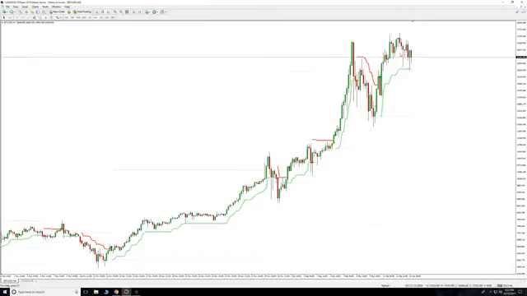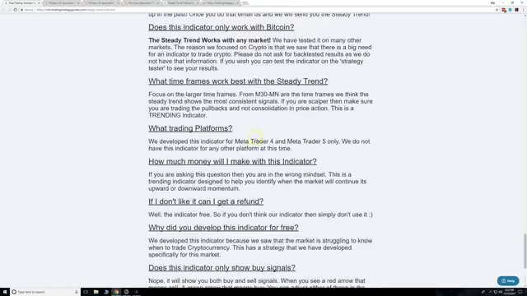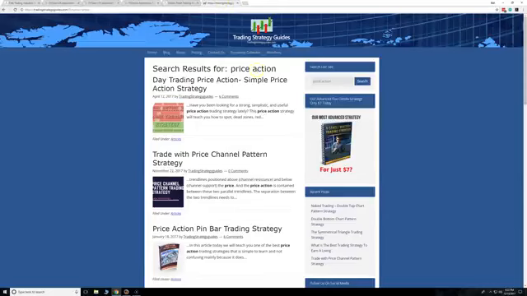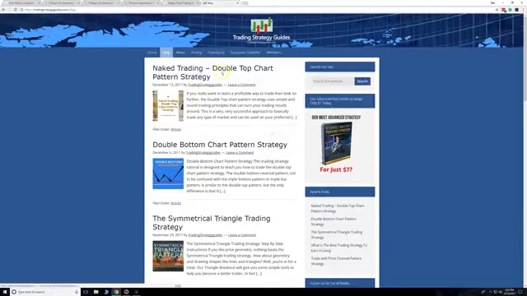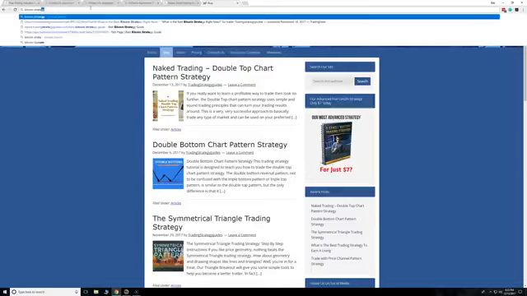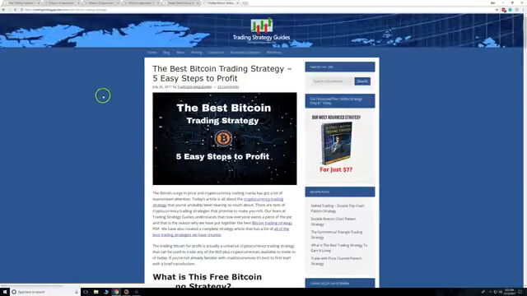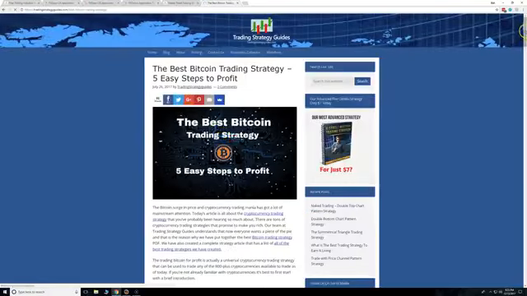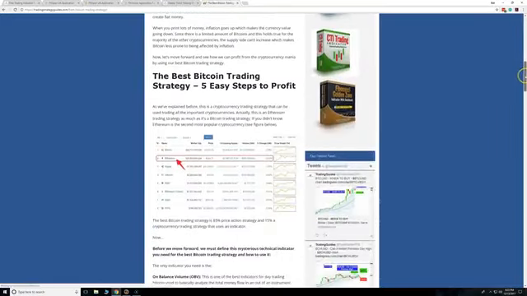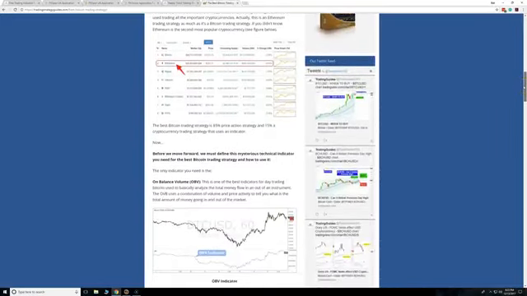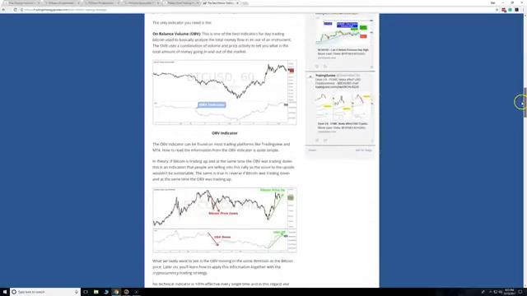But use indicators like this. Read good content. We have a ton of good content on our website. We have tons of strategies. Click on the blog, and right now our Bitcoin strategy is just blowing up. If you just type in Bitcoin strategy right now, we're actually number 1. You'll see us right here. This is our best Bitcoin strategy, and it's 5 quick steps. It uses the OBV indicator, on balance volume. You can find that on TradingView, and it kind of compares 2 different